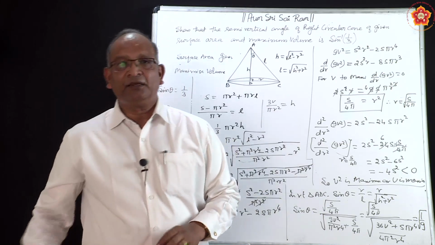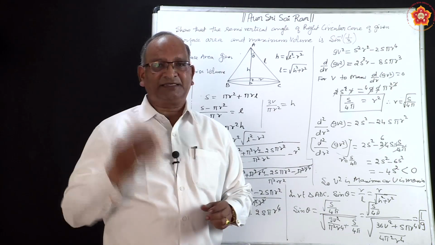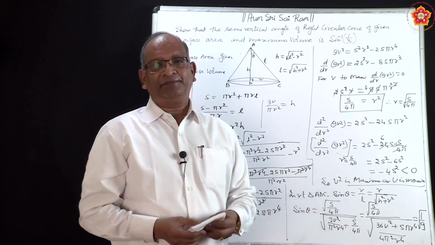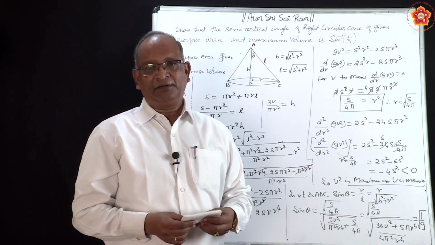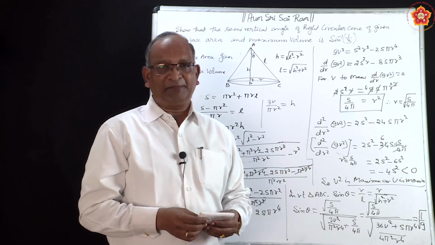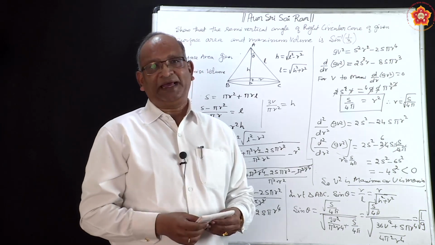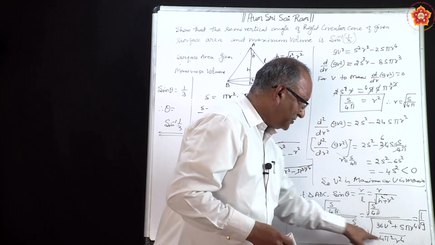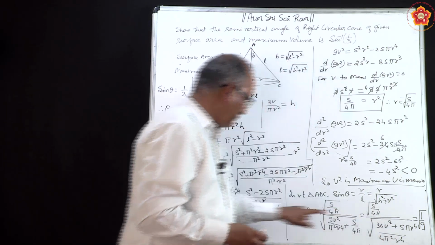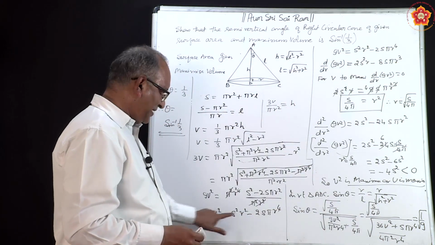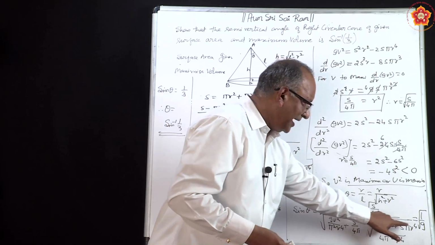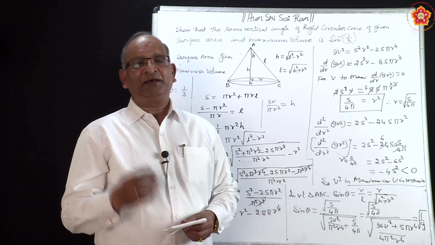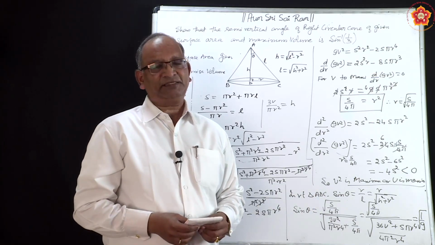So, with this we come to a close of this particular chapter, and a good number of problems are lengthy, complicated. With a lot of patience you have to solve the problems, then only you will be able to arrive at the correct result. This simplification I have not done, you need to do yourself by substituting the value of v square from here. 9v square is this, so substitute that, and then automatically terms will get cancelled, and finally you will arrive at 1 by 9 square root, that is 1 by 3.